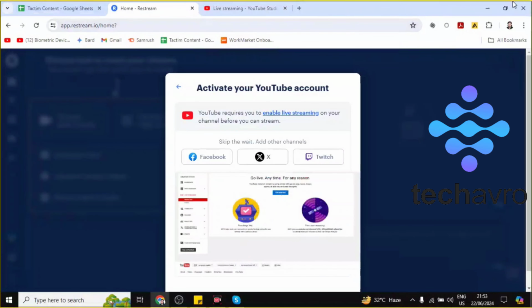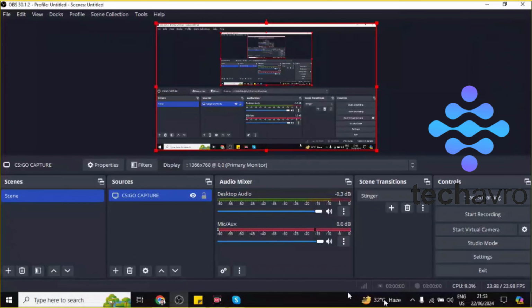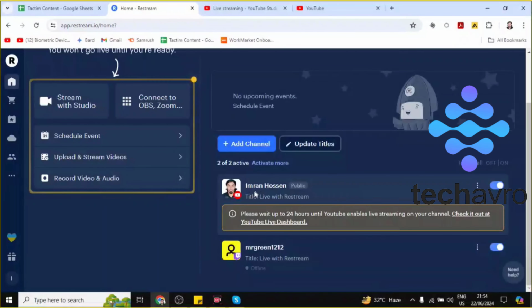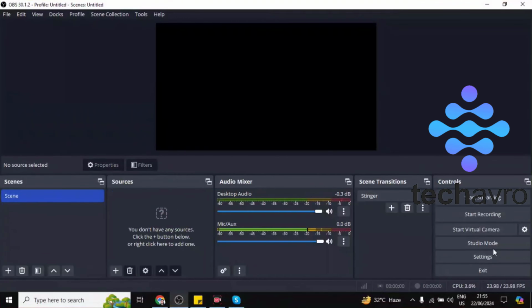Now you have to go to the OBS. So here you can see that your YouTube live and Twitch, two accounts, have been added here. Now if you want to start streaming to the OBS, just directly go to settings,